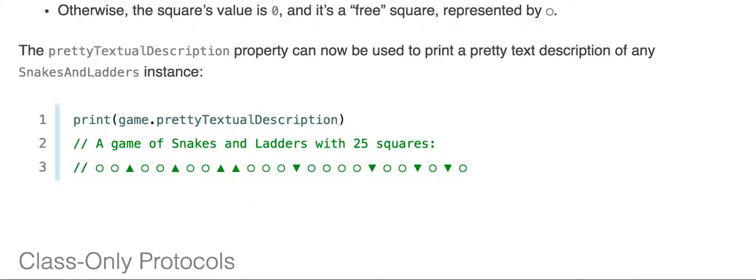And so here you can see the pretty text representation of the snakes and ladders game,